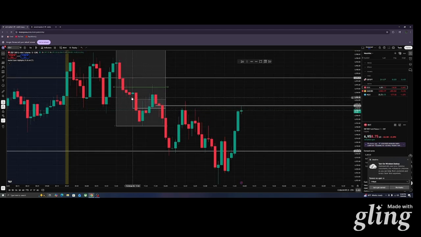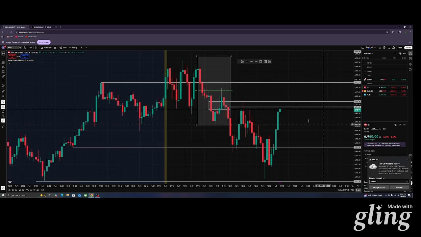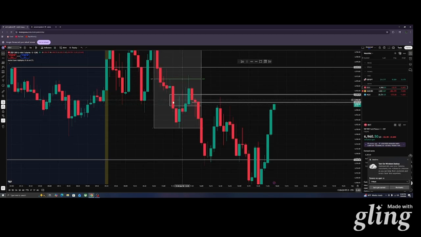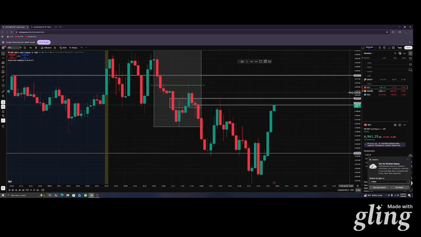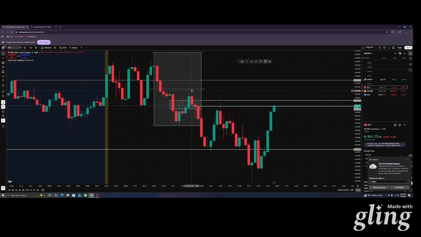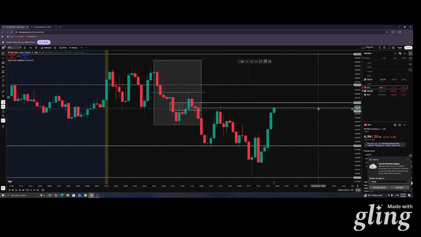We got this 5-minute break of structure here. That's her first confluence being hit, that the market is switching its structure and going down, right? I had this fair value gap, but it closed and made an inverse fair value gap, and that does happen sometimes because the market might want to go all the way up and hit our equilibrium, which I call EQ